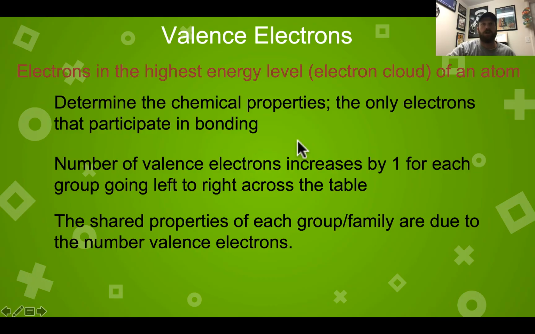There is one more trend I want to discuss, and it deals with valence electrons. If you recall, valence electrons are electrons in the outermost energy level of the atom. The number of valence electrons determines the chemical properties of the atoms because they are the only electrons that participate in bonding. The shared chemical properties of the elements in a group